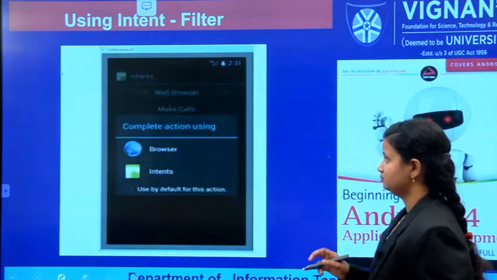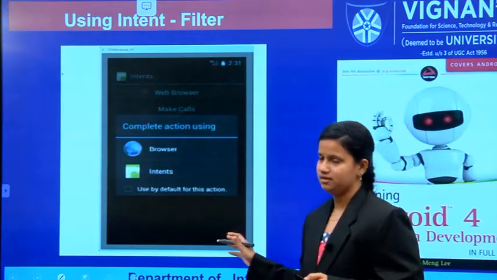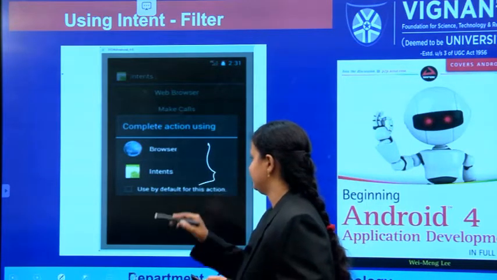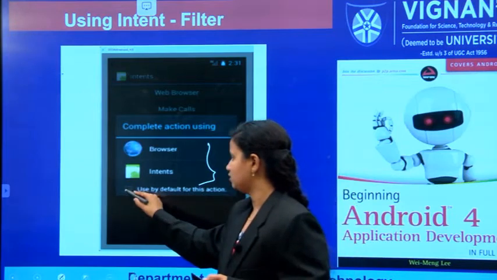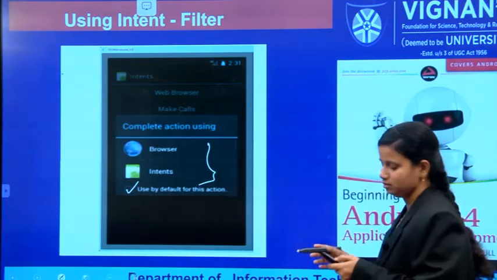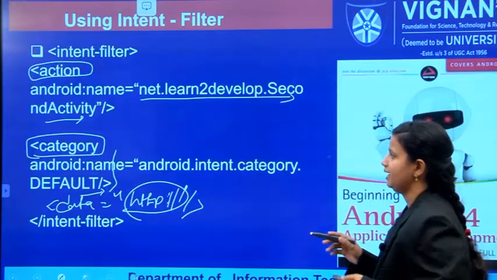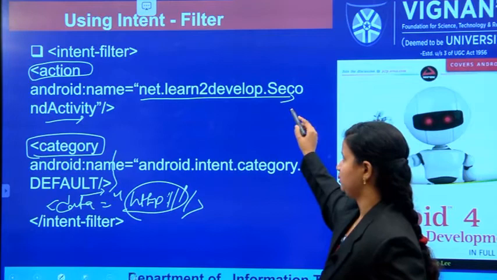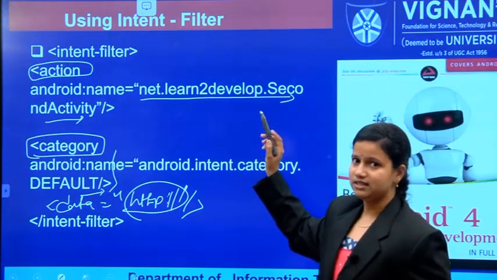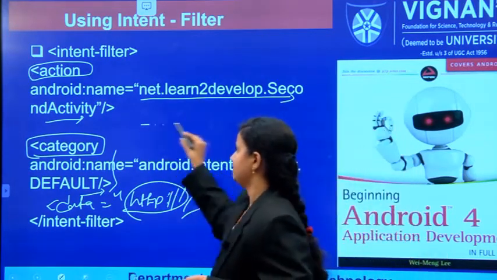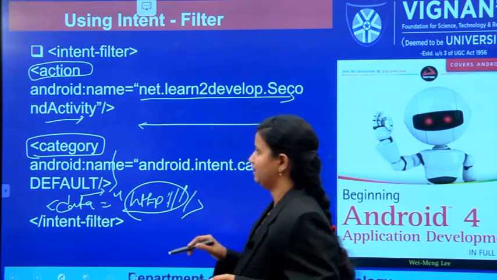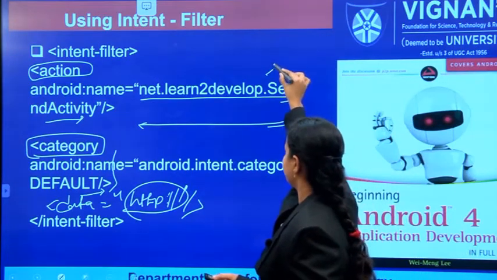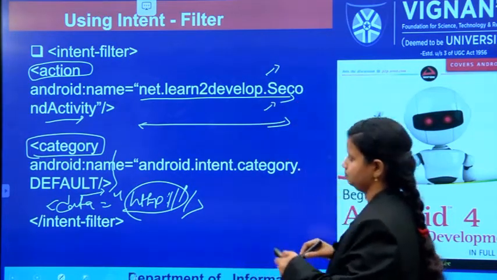This is an example of the intent situation. To complete this action you have to select one of these as a default option. How is that possible? If in your action you give another name such as address, it will open your second activity, or your third activity.